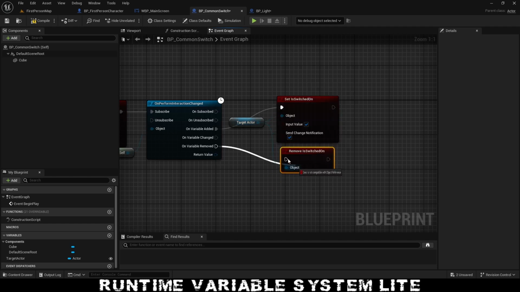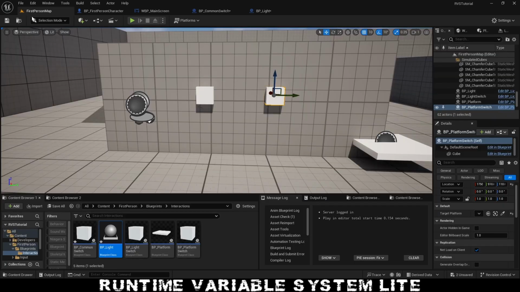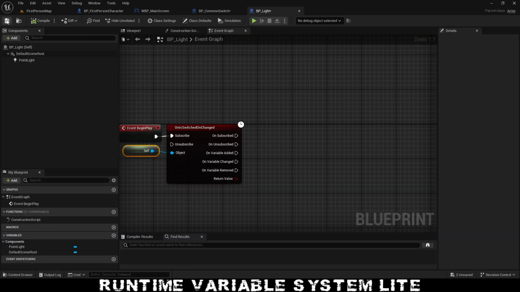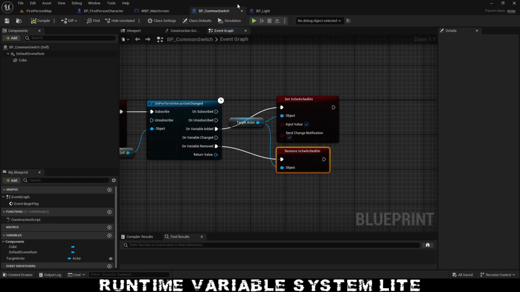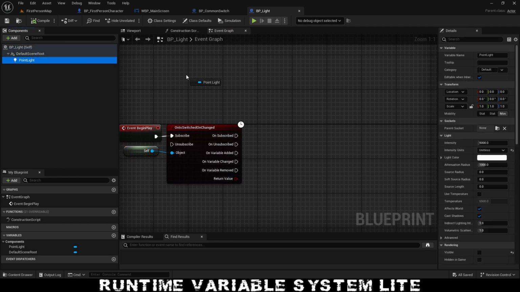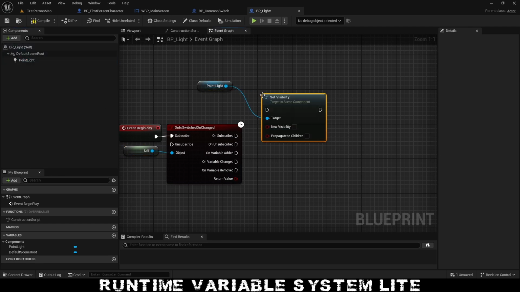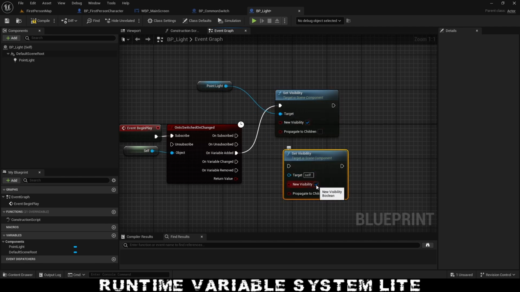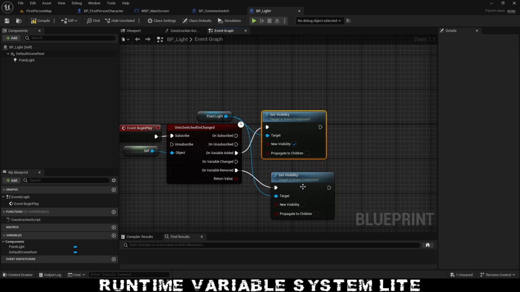Yeah, maybe that will be cleaner than just a boolean. So let's do this instead. Common switch, and our light will be checking that. So if the light switches on, set visibility. When it's added, we set visibility to true. When it's removed, we set the visibility to false. And now we have a switching logic for the light